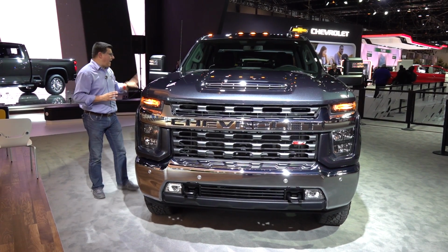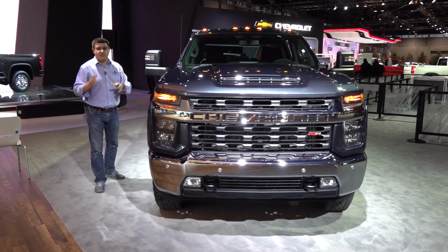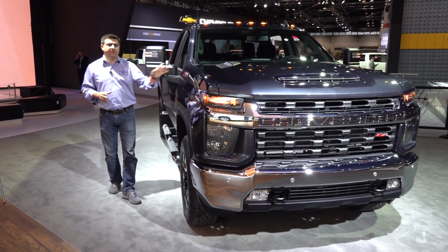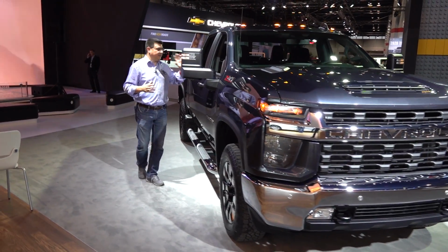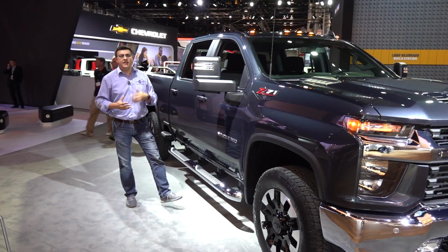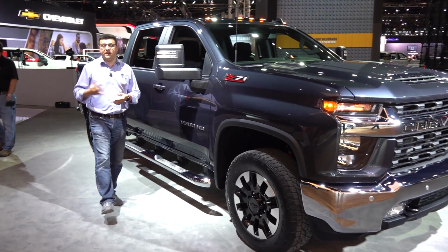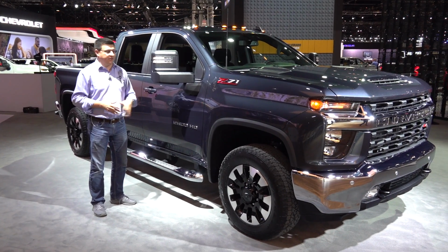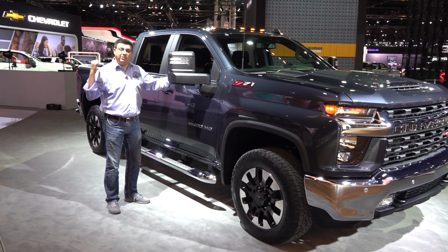new. Actually, the cab and some of the body has been shared with the previous generation, although the frame has been changed. With this generation of the Silverado, that's not the case. We actually have an entirely new cab, entirely new beds, etc. So a lot of the innovations that we saw in the Silverado 1500 and of course the Sierra 1500 have been translated and scaled up for the 2500 and 3500, including the larger cabs and the larger bed in the